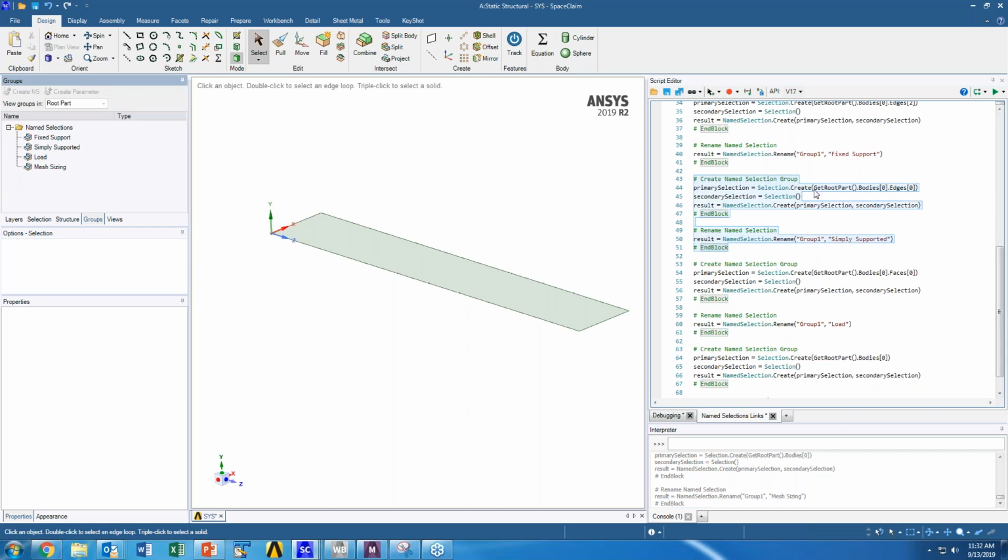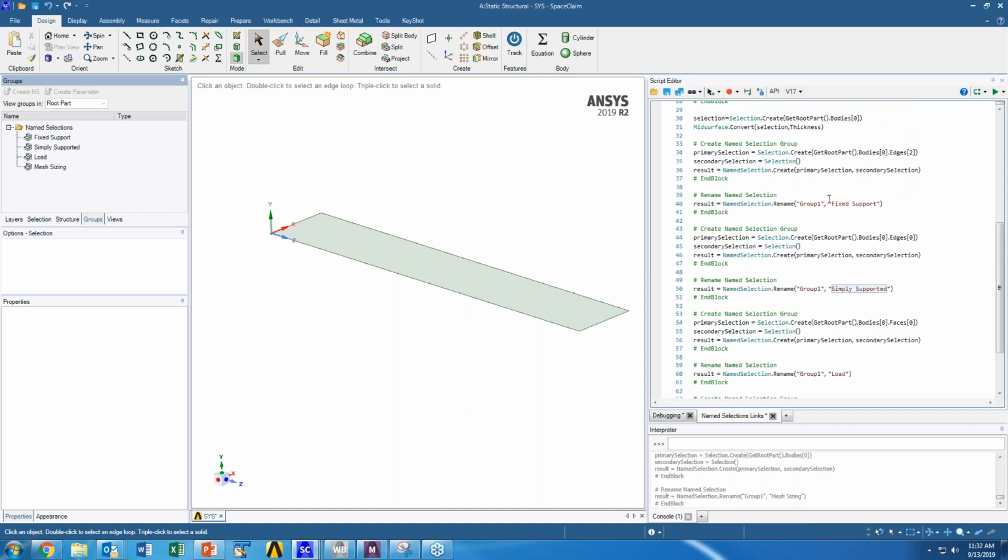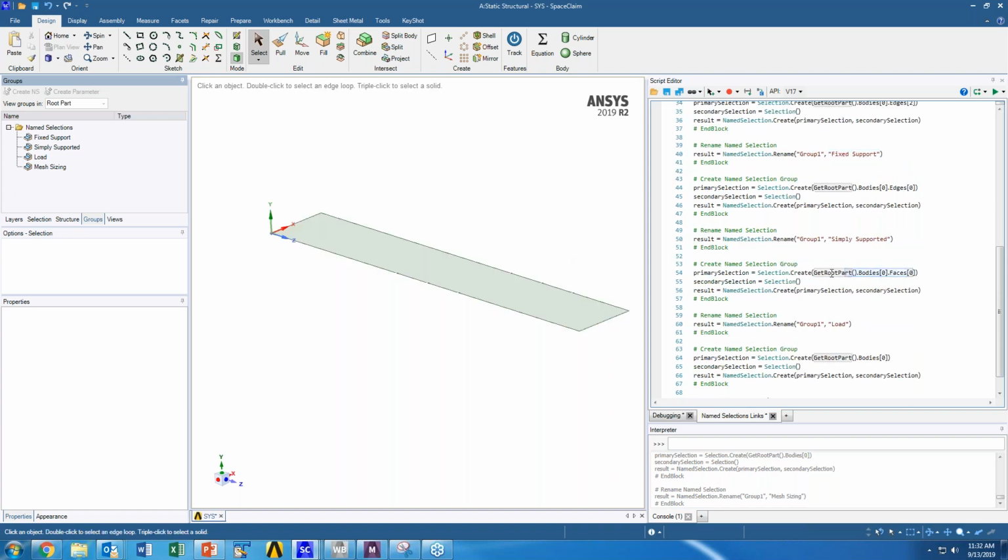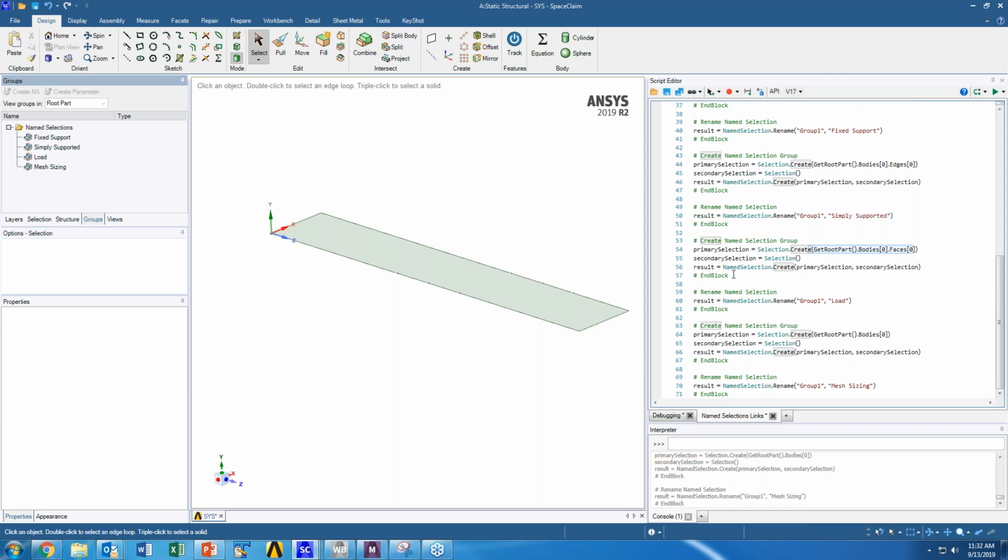And so this is creating name selections based on the index of, in this case, an edge for the simply supported edge, or another edge for this fixed support, or let's say I'm going to have a pressure load on top. So then I'm going to have the load on a face, etc. Right? So this script automatically creates these name selections.